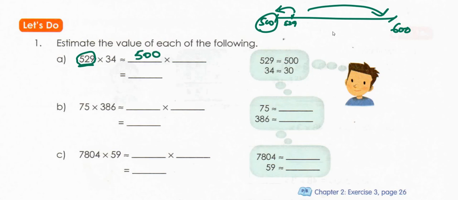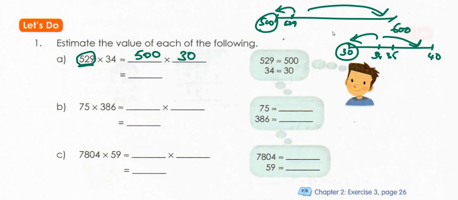500 into 34. Again, if you take a tens line, this is your 30 and this is your 40. This is your 35 and 34 will be here. 34 is closer to 30, not to 40. That's why you take 30. Why do you take it? Because if you make it a round value, then you can get an approximate value which is very close to the original value. So 5 threes how much? 15, and 2 zeros and 1 zero, 3 zeros. In this way you have to do it.